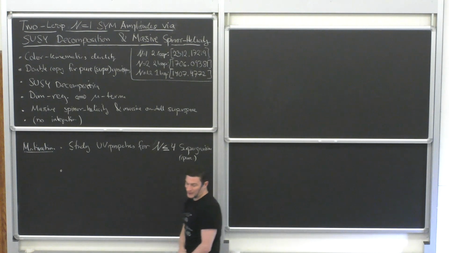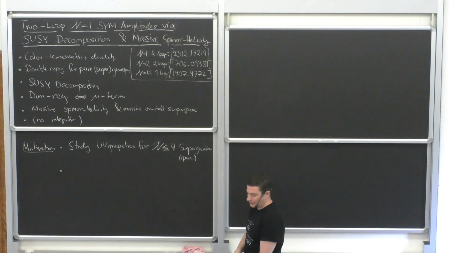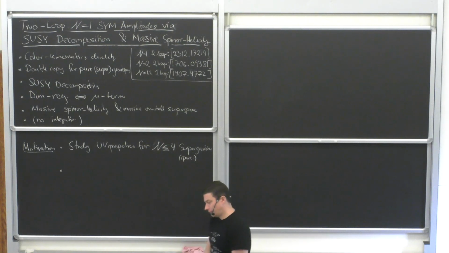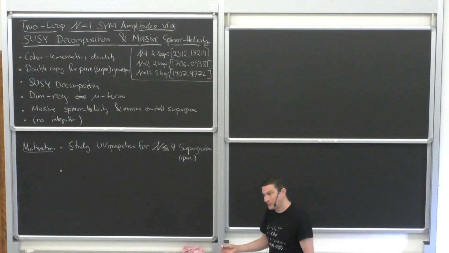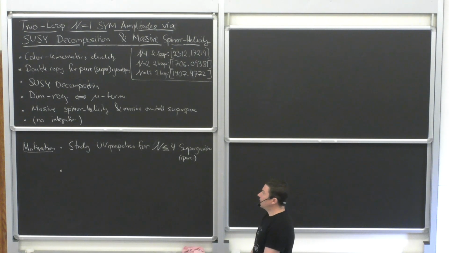Well, so first of all, you can ask, what can we learn from one loop? And at one loop we cannot learn much because everything is finite in 4 dimensions. You can go to higher dimension and study, when is the first place where certain theories diverge. But let's stick to 4 for now. So then you go to 2 loops and you check what happens at 2 loops, and it turns out that all supergravities are also finite at 2 loops, right? So you have to climb to 3 loops if you want to find a divergence. I'm going to talk about 2 loops today, so I'm not going to get to UV divergences in this talk.